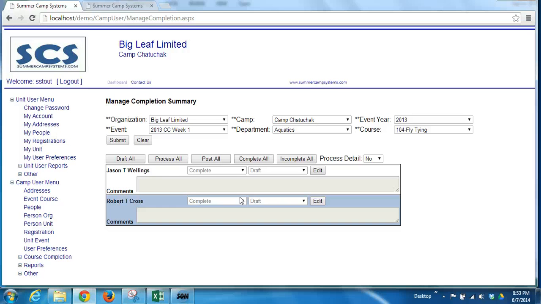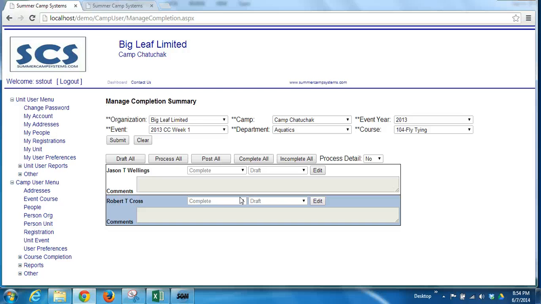Once it's processed, he or she then knows that that record has already been marked and the instructor has given accurate information about who has passed, partially passed, or did not pass that course. And it will be removed from the unprocessed report. The Post All button allows you to take everything directly to posted status. Once it's in posted status, it will no longer show on the